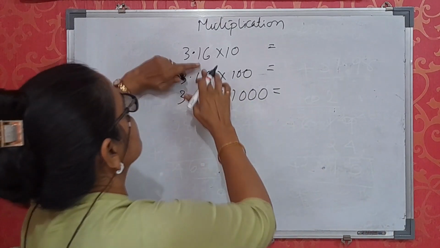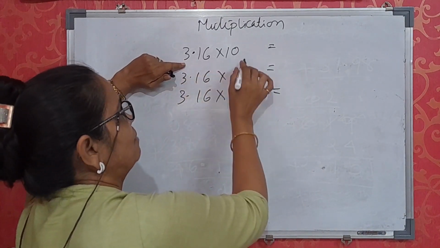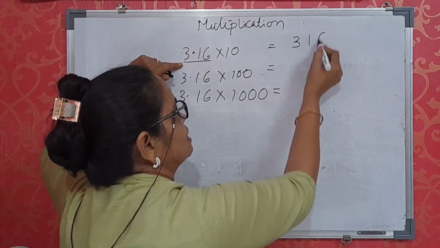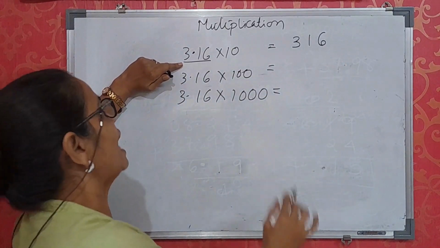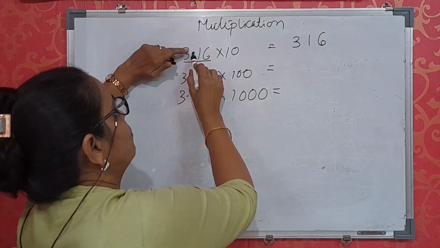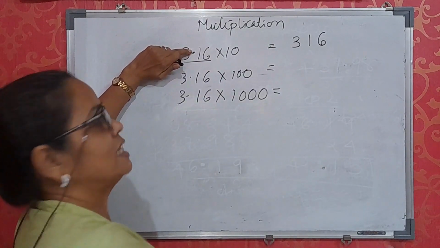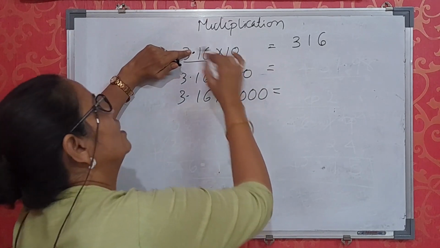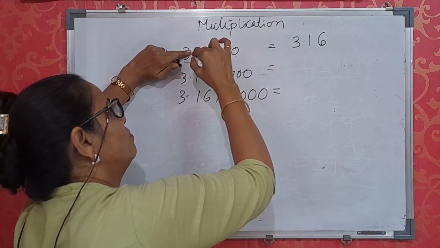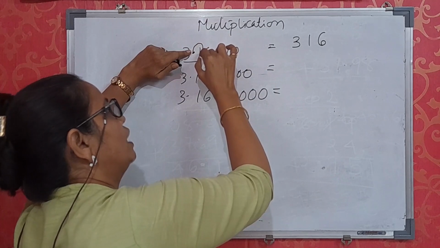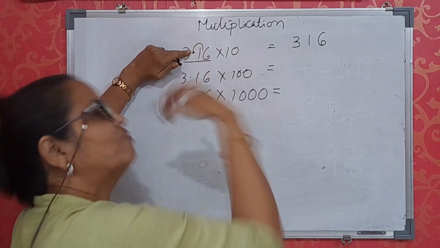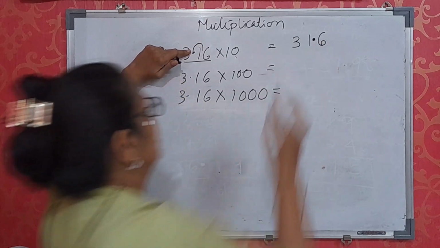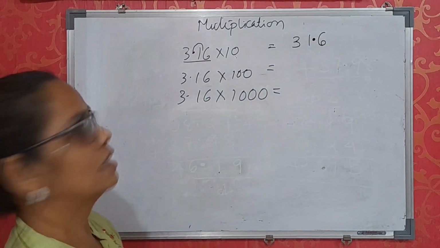Right? So first 3.16 multiplied by 10. So I will underline this entire number without decimal. I will write here. Now shift your decimal point. How many places? Here 10 is there. That means tens. So from this one point right hand side, that is after tens place, you will put the decimal point. So this is your answer.